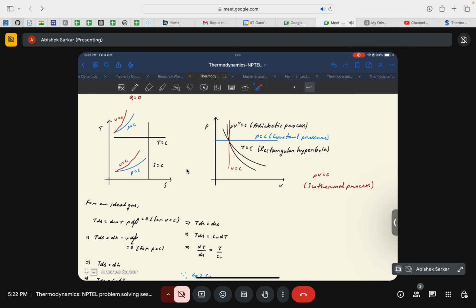Of course, it has already been shown here in the TS plot at least that a constant volume process has a higher slope compared to a constant pressure process. Okay, it has been shown here. So of course it is not yet clearly evident why this matters, but you will see